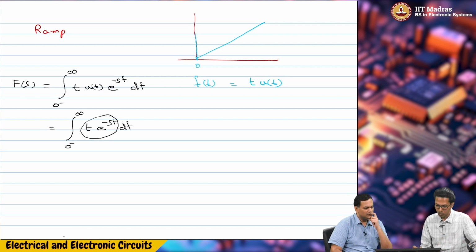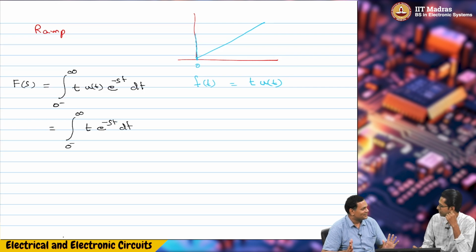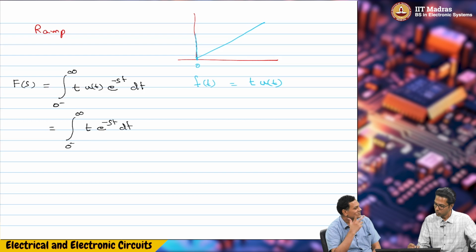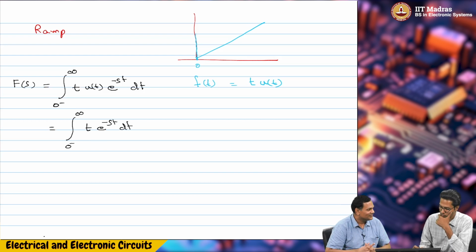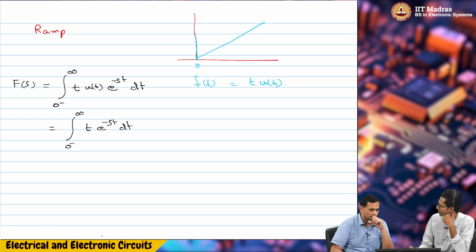Okay. So this is slightly more involved. When we had 1, it was easy to integrate a constant; we just had to integrate e power minus st. So we need to use some property or some integration, no? Can I get t e power minus st from some other expression, some other operation? If I take the derivative